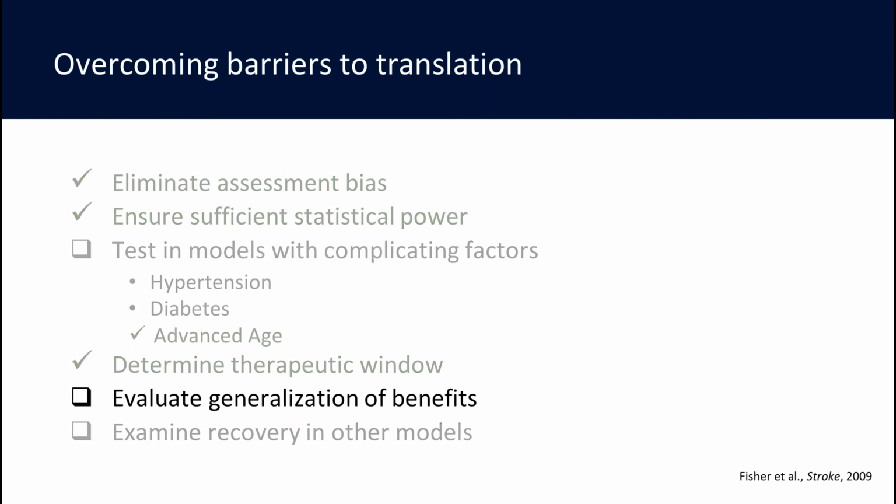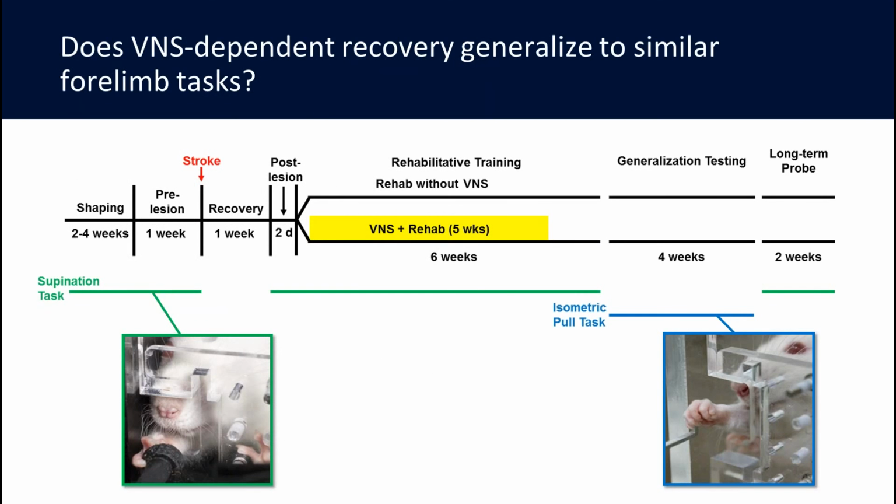So another thing that's obviously got clinical importance is evaluating the generalization of benefits. And so this is really important for therapies that are tailored towards enhancing rehabilitation. So you want to define the optimal way to deliver your rehabilitation. So you can imagine a scenario where patients receive VNS paired with a lot of different rehabilitative tasks and receive fewer stimulations, or you can imagine a scenario where a patient receives lots of stimulations on a smaller set of grouped rehabilitative tasks. And so to test the ability of the benefits of VNS to generalize, we performed a relatively